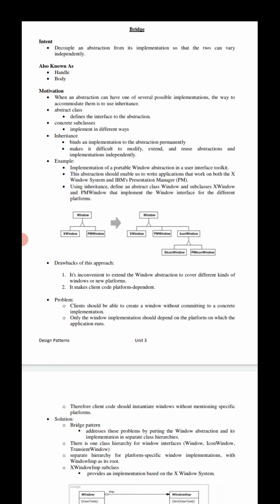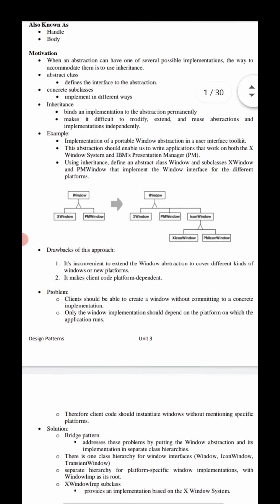Here look at the diagram. Window is the abstract class, and XWindow and PMWindow are the subclasses that implement the window interface for the different platforms. But this approach has two drawbacks. The first one is that it is very inconvenient.